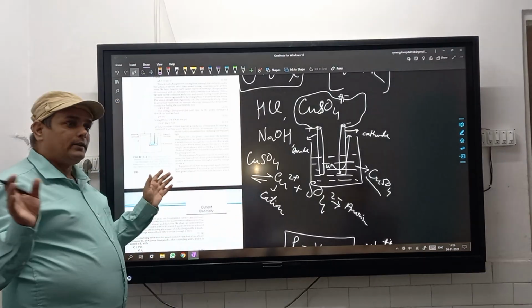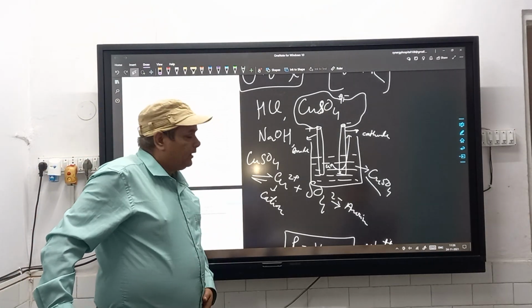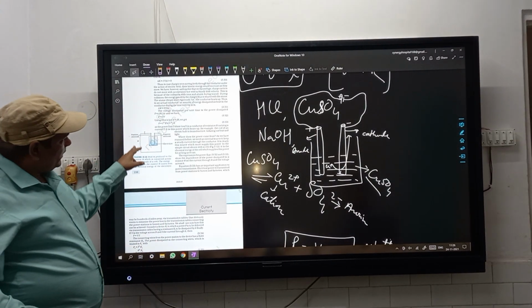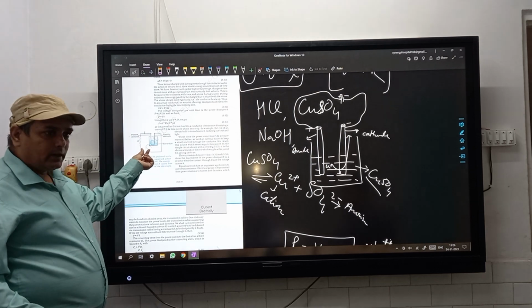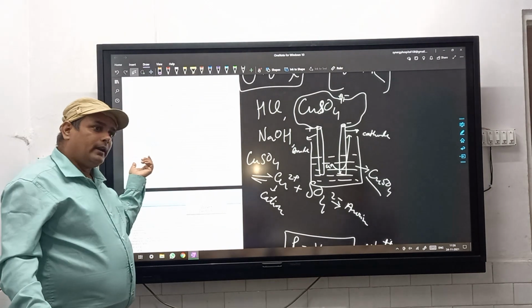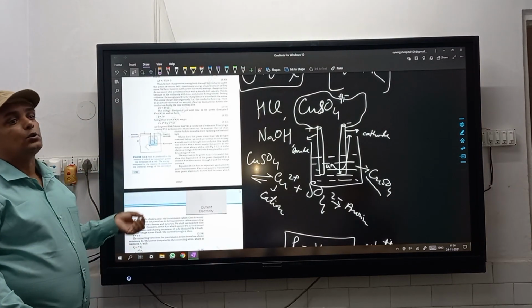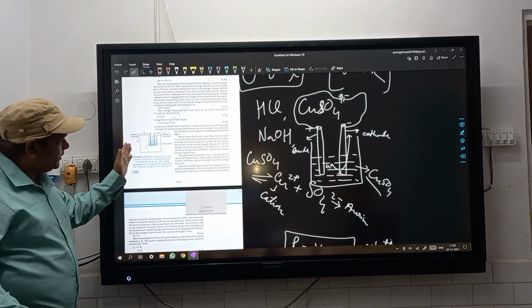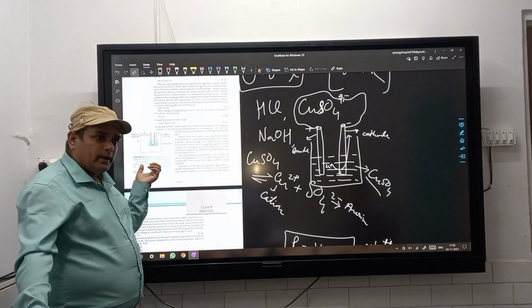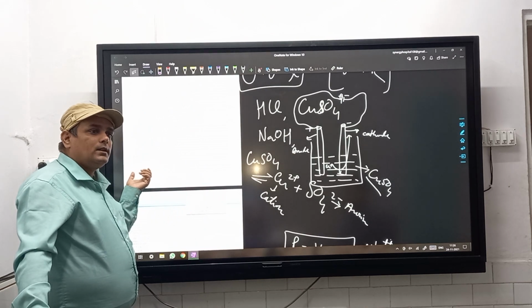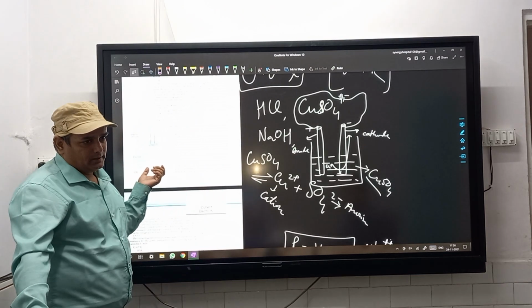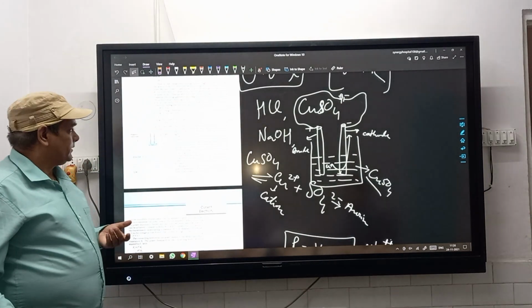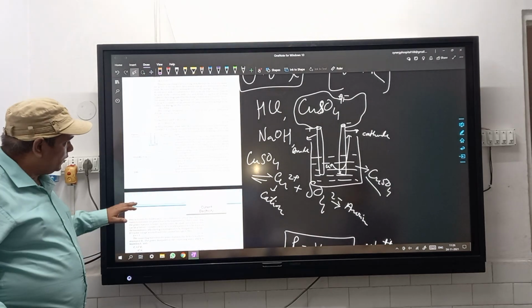So anion and cation. Cations are always positive and anions are always negative. This phenomenon of splitting of electrolyte into two parts, cation and anion, is called electrolysis. Electrolysis happens only when electricity passes through the electrolyte. Electrolytes are some acid, salt or bases. They can conduct electricity through them.